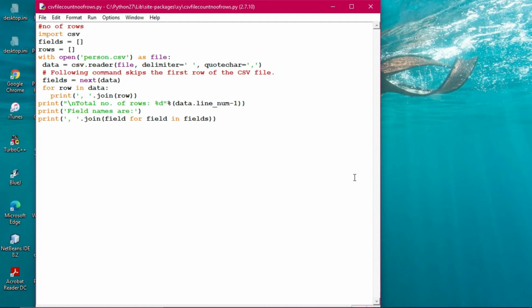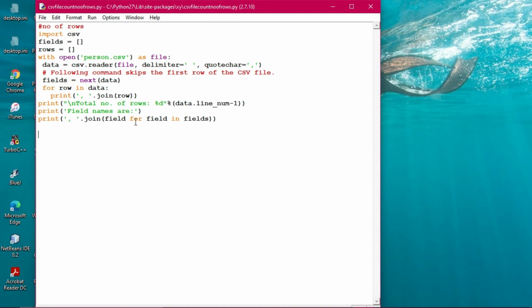Simple. So if there are 4 data, it will be 0, 1, 2, that means 3 will be displayed in that way. So 4 data means 1 to 4 I am saying. Otherwise it will be the index tags 0, 1, 2, 3, so user might have some confusion. That's why the minus 1 happens. Total numbers of 4 means it actually counts the header also. So that's why I have kept minus 1, the header will not be considered. So total number of rows will be like that, and field names will also be filled.